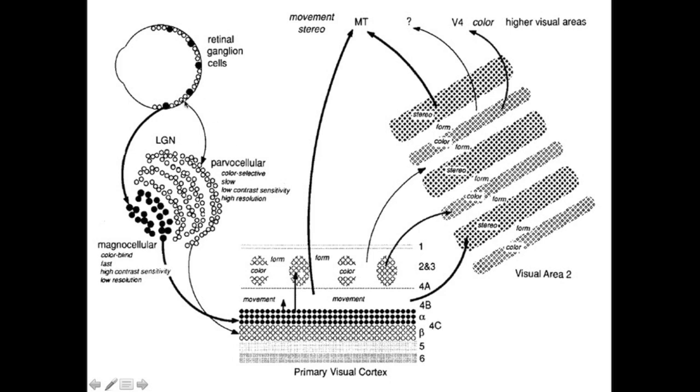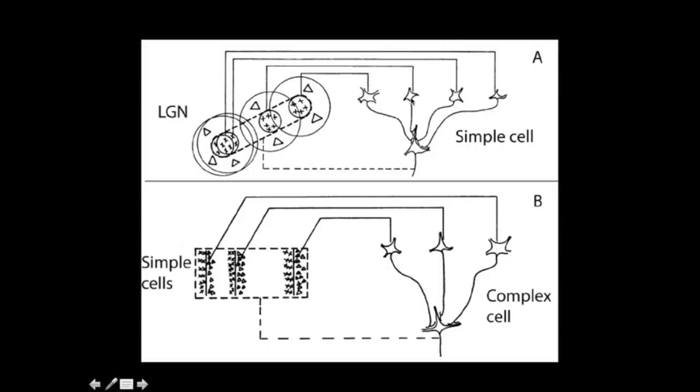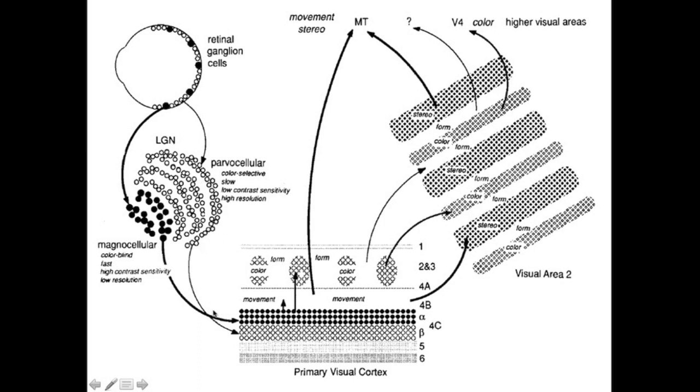Simultaneously, the coloured cells, or the cone cells, take the parvocellular pathway, these other layers in the lateral geniculate nucleus, which contain colour information, points of coloured light. These cells here send their axons here to the next cell. And so these parvocellular layers represent bars of light, but with specific colours. And they're arranged in wheels which we call retinotopic pinwheels. And then these go up to further layers, such as the visual area 4 and the medial temporal lobe,